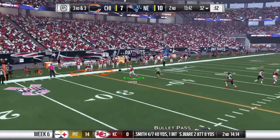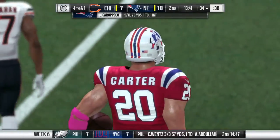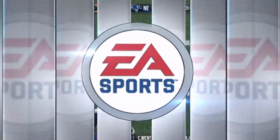Garoppolo going to try and throw on 3rd. To the sideline, and oh, a nice catch there. Made sure the feet were inbounds, and they were. I think the training and